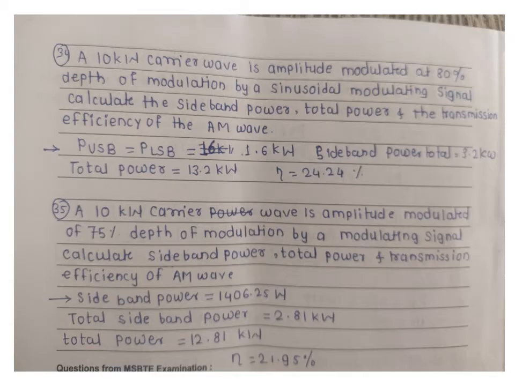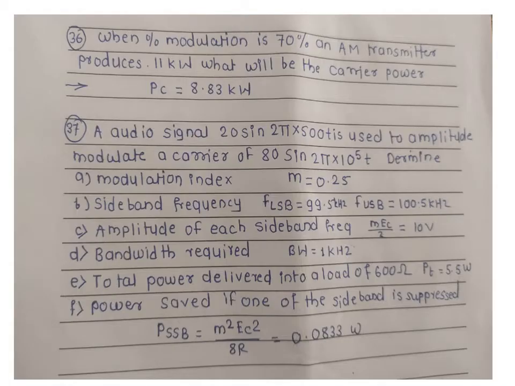In problem number 34 you have to calculate the efficiency, total power, sideband power, power of USB and power of LSB. Next, problem number 35: you have to calculate the sideband power, total sideband power, total power and efficiency. In problem number 36 you have to calculate the carrier power, and the last one,